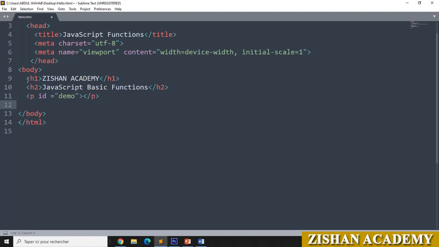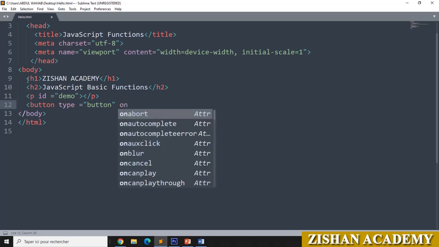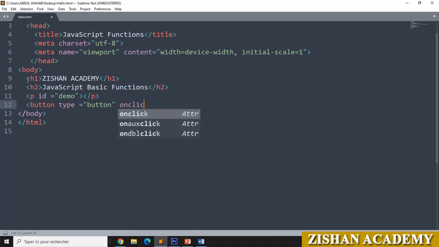Now we will go for button. Button type equal to double quotes. Here you have to give button. Then we will go for onclick. Onclick equal to double quotes. You have to give the name of the function.